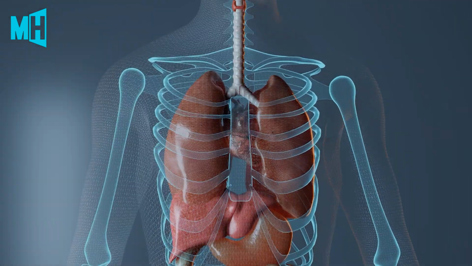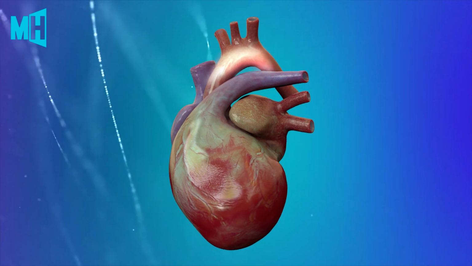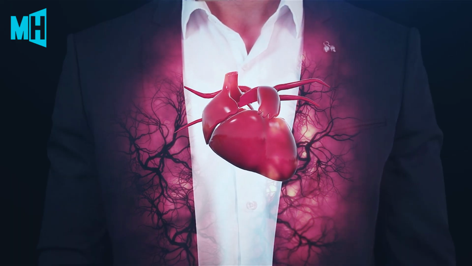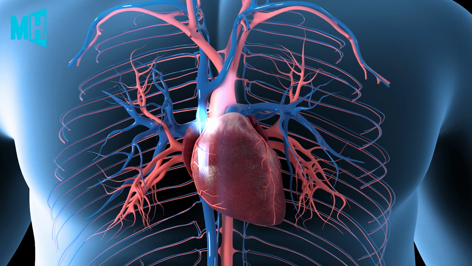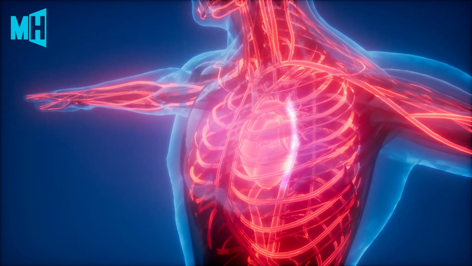The aorta is the largest artery in the body. It carries oxygen-rich blood away from the left ventricle throughout the body. The aorta can be divided into 4 sections: the ascending aorta, the aortic arch, the thoracic or descending aorta, or